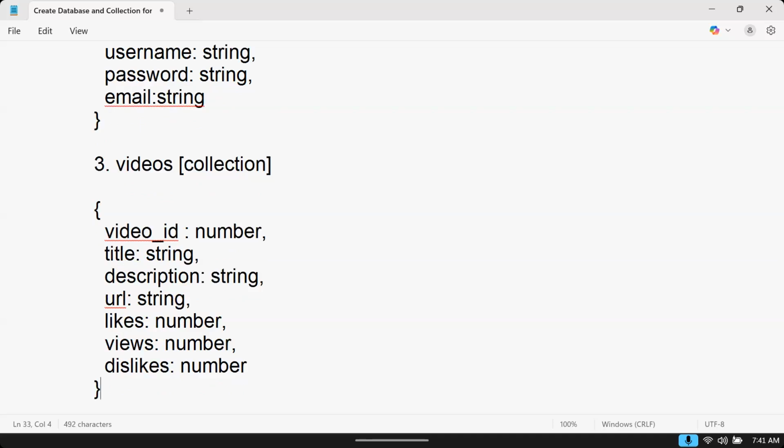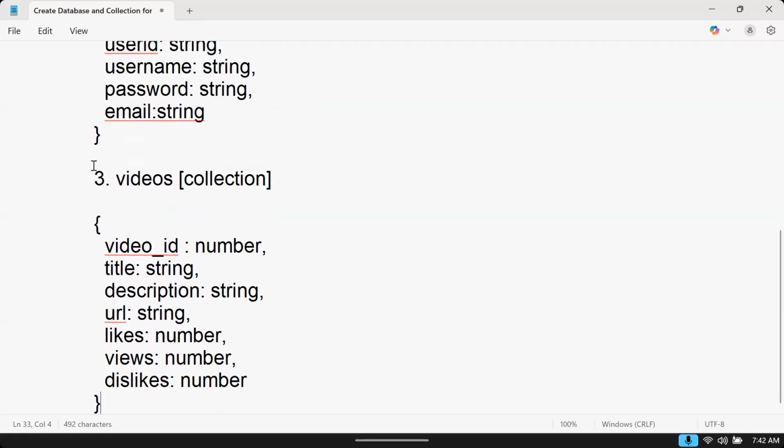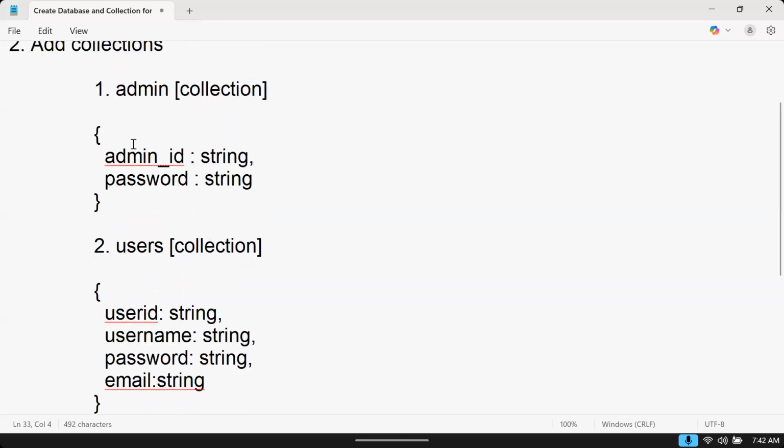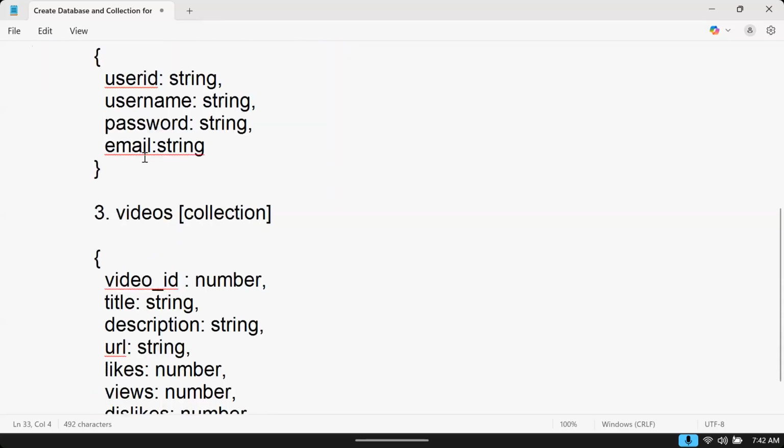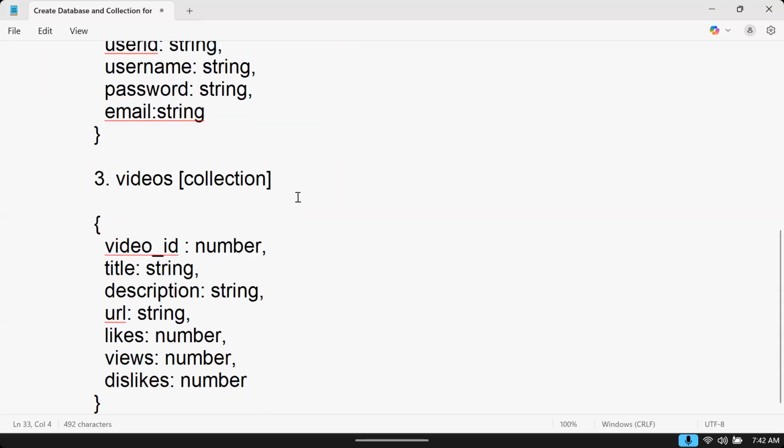Right. So this is the database we need to design. We need to create the database with all this. What is the requirement I showed you now? So what we will do,